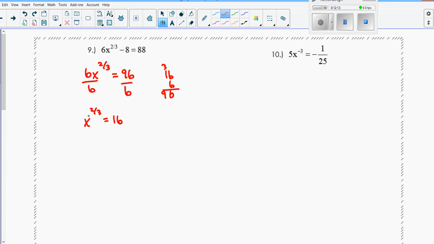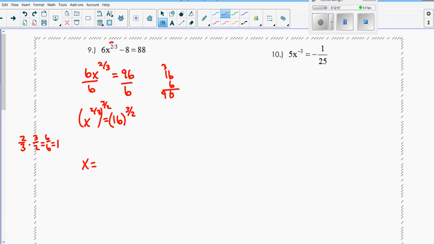In order to undo raising something to the 2/3, which goes back to Math 2, we raise it to the reciprocal power. So raise it to the 3/2. The reason is, it's 2/3 times 3/2, since it's a power raised to a power, which gives us 6/6, which is 1. So then this would become x to the first, which is what we want. Whatever you do to one side, you do to the other side. So this becomes x equals